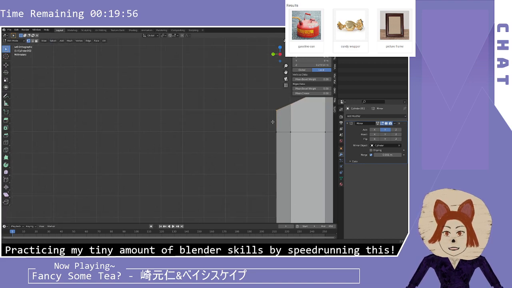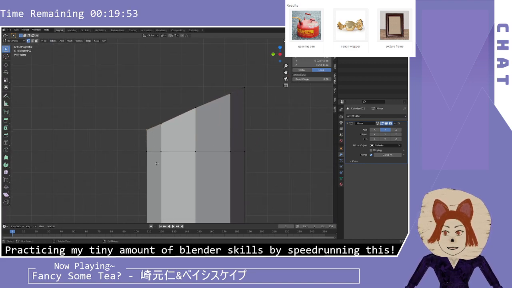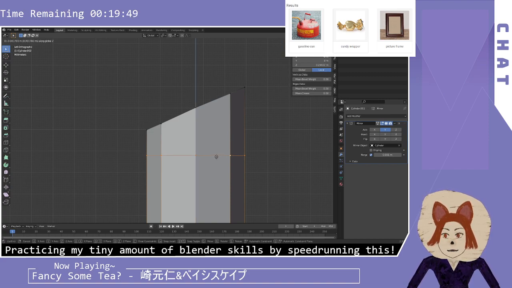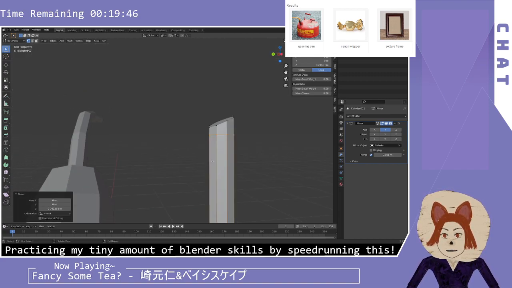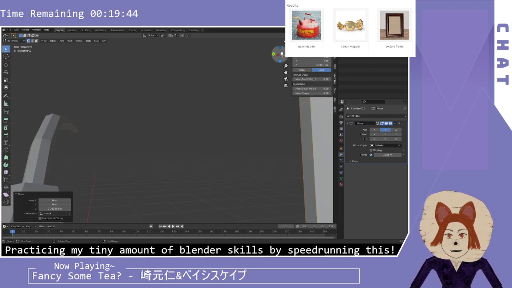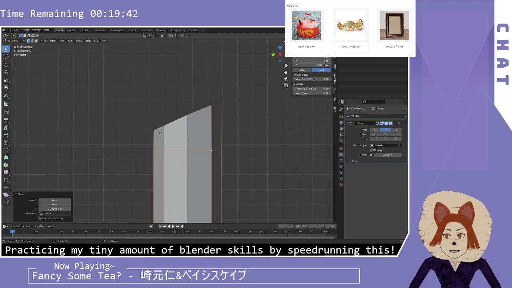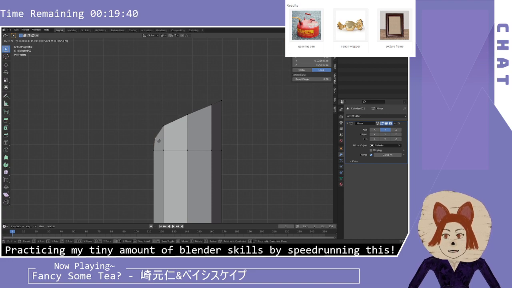You know, I said we're going to use the grid spaces for reference. Let's do it like this. This goes down. Make sure we got the edge loop. I forgot to make sure we got the edge loop. This goes down, and then we could just grab this and pull this down, and then we have to go